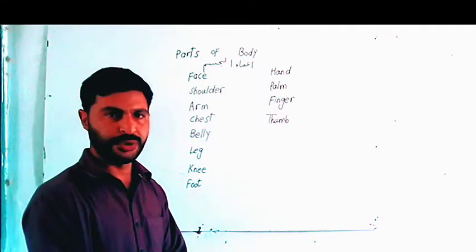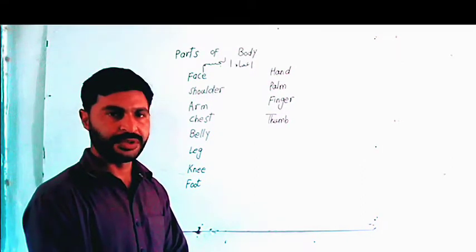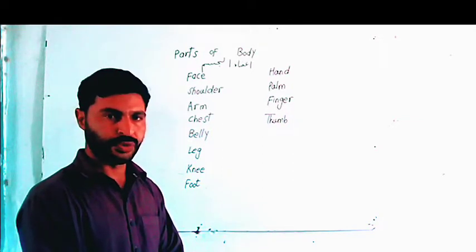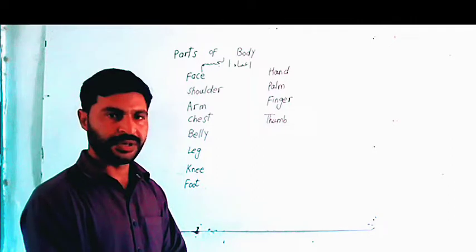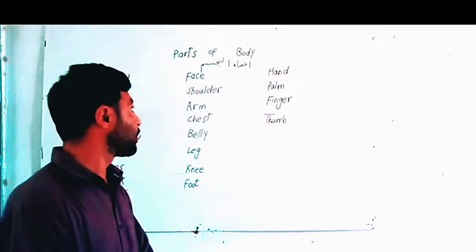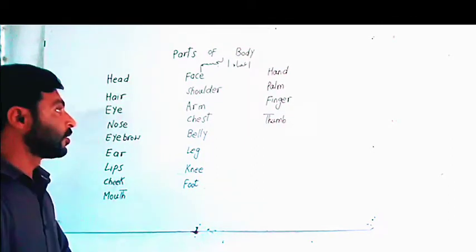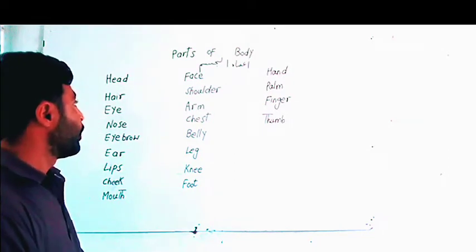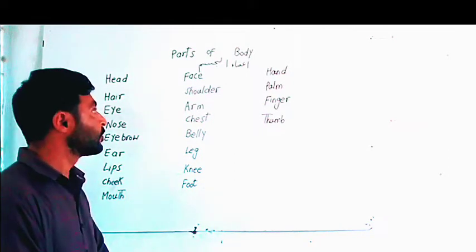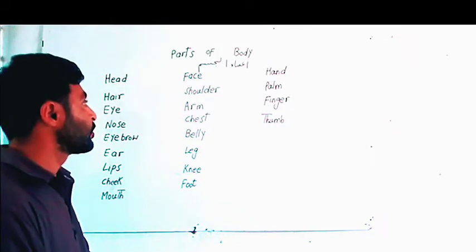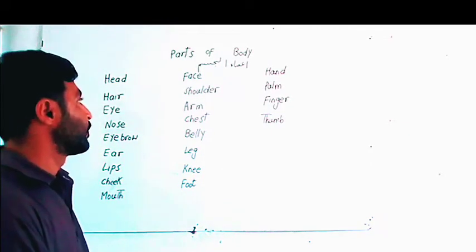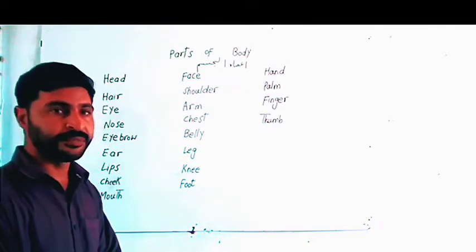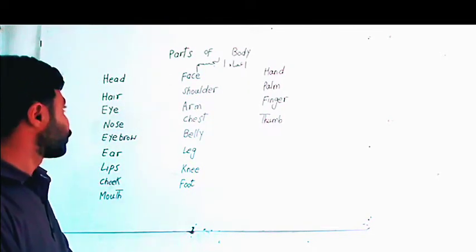Guys, in previous videos, I have taught you about Arabic counting from 1 to 100. So today our topic is about the Arabic language, parts of the body. In Arabic, parts we pronounce aza. Aza means parts. Jism means body. So let us